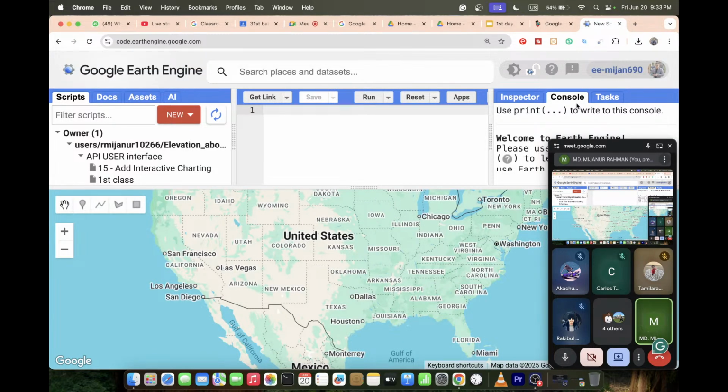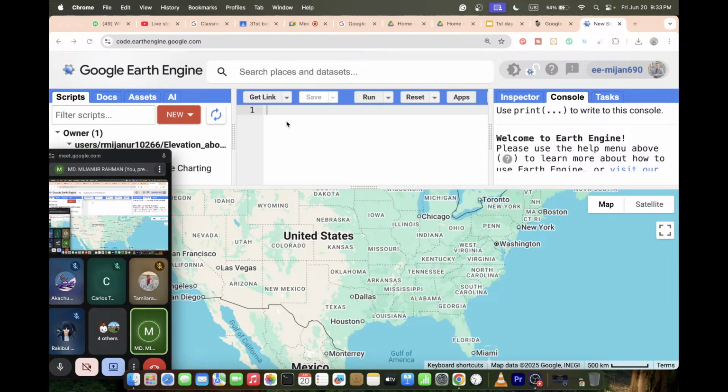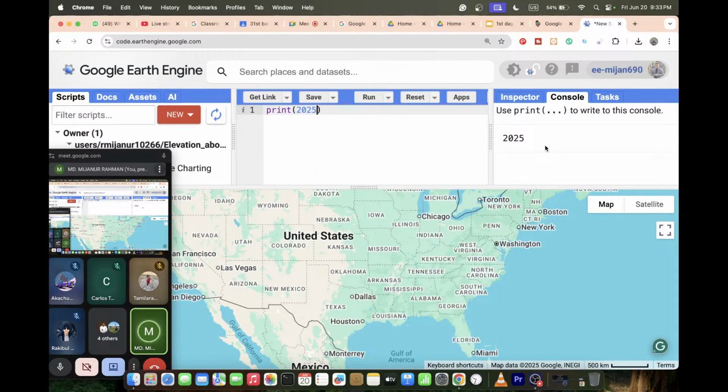So now the console tab. The console tab is basically useful for printing your output. Suppose I just print this number. So run the code. This result I find under the console tab. So this print result we always find under the console tab. It can be a printed chart or anything. Suppose when you print any chart or any animation, we can easily get the result under the console